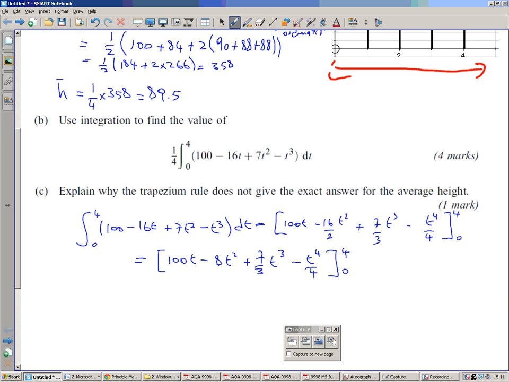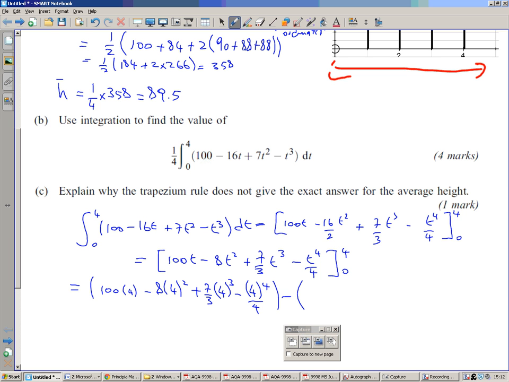Right, now what do we need to do now? Put the bounds in. Good work, good use of vocabulary. Put the bounds in, and what are you doing with the 4 and the 0? You put the 4 in, and then the 0, and there's a difference between the two, yeah. So that's 100 times 4 minus 8 times 4 squared plus 7 over 3 times 4 cubed minus 4 to the power 4 over 4 minus, now you might be tempted to put 0